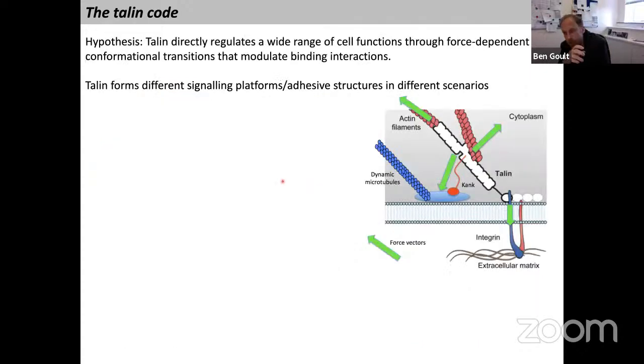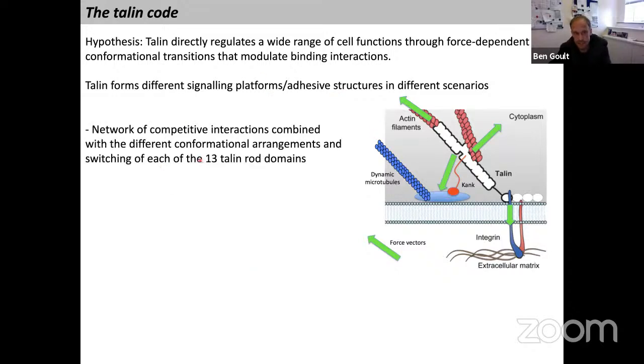Which leads to this notion that there must be some sort of code underpinning this, because we've got hundreds of different molecules which are coming into this complex. We've got forces which are acting in numerous different ways and with different amounts of strength and frequency. And somehow all of this is integrated and gives rise to the correct cellular response, because we form with high fidelity as an organism. So there must be some sort of code-like behavior underpinning this.